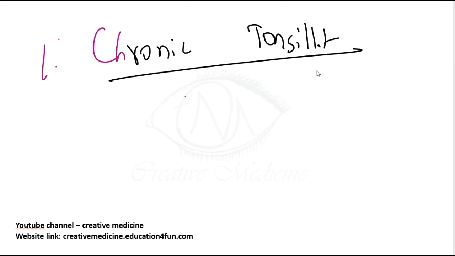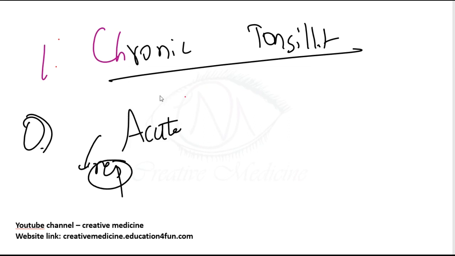The next important disease we have to learn is chronic tonsillitis. What is chronic tonsillitis? In chronic tonsillitis, there is chronic inflammation of the palatine tonsil. This occurs when there are repeated episodes of acute tonsillitis. The patient develops repeated attacks of sore throat, 3 to 4 times in a year, with bad taste in the mouth and difficulty in swallowing. There are 4 cardinal signs of chronic tonsillitis which are important.